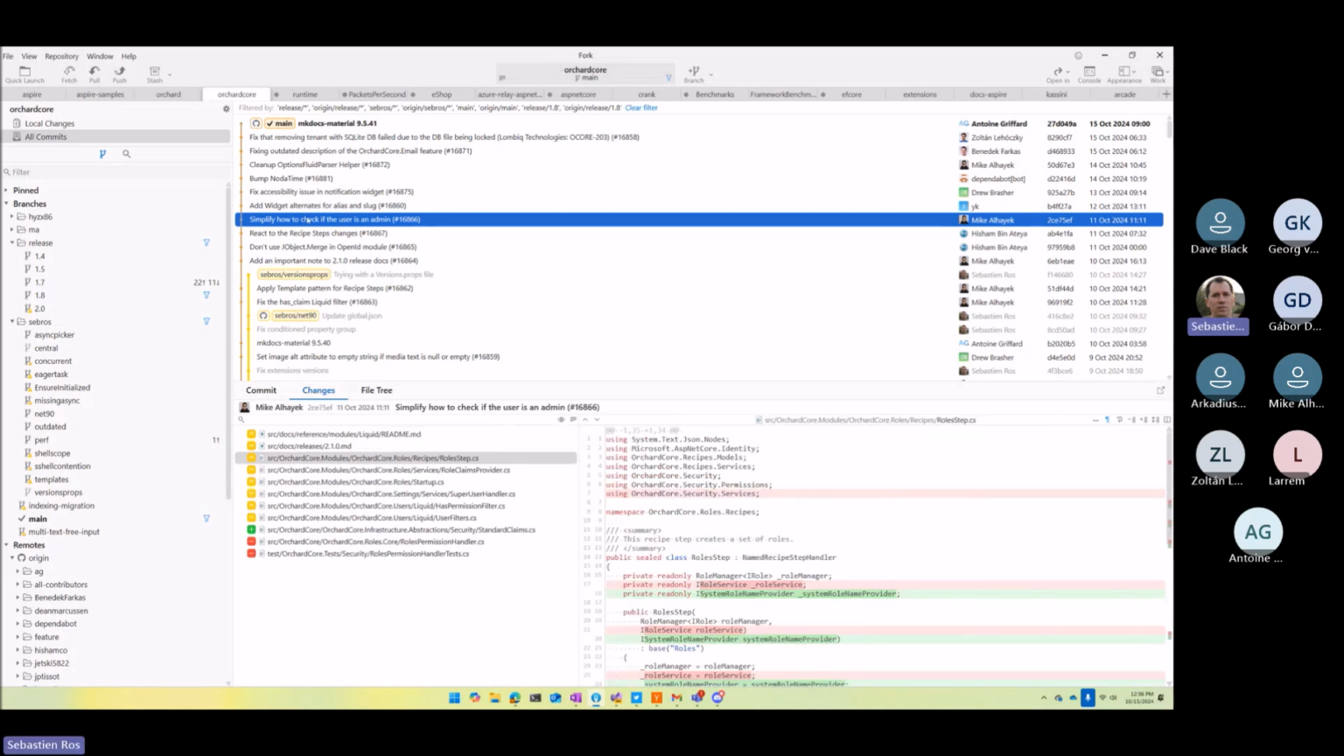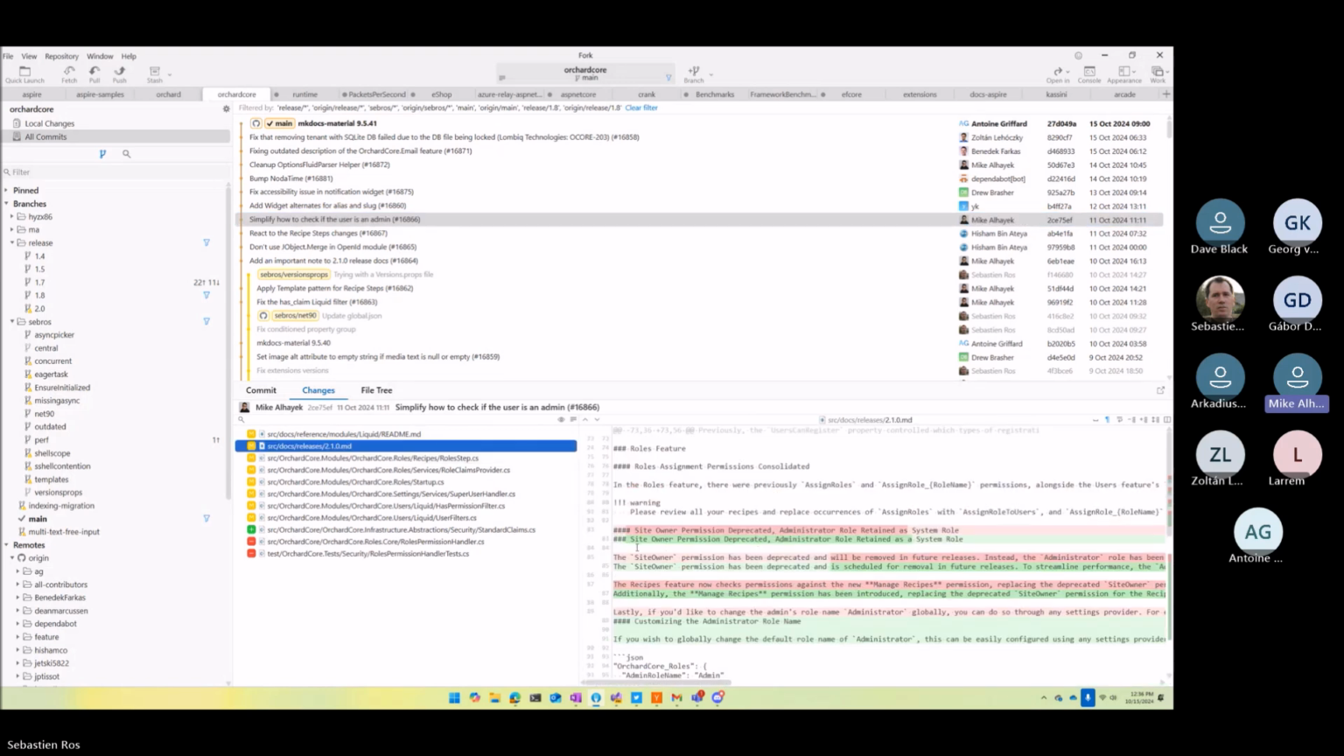Okay. Simplify how to check the user in an. So this is the one you want to talk about? Yeah. So with this one, with the recent changes we had with the authentication, when